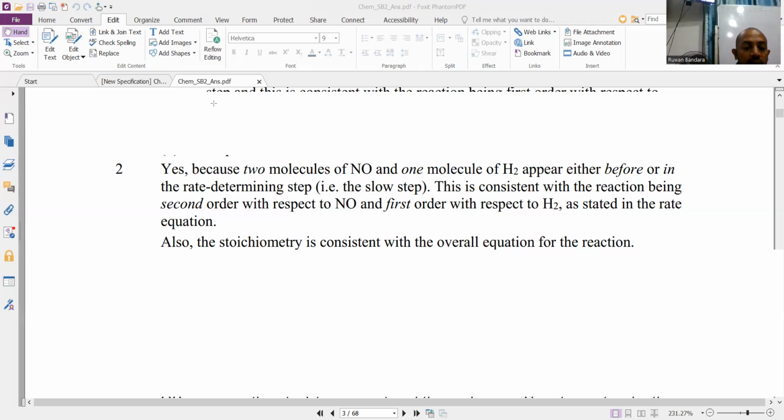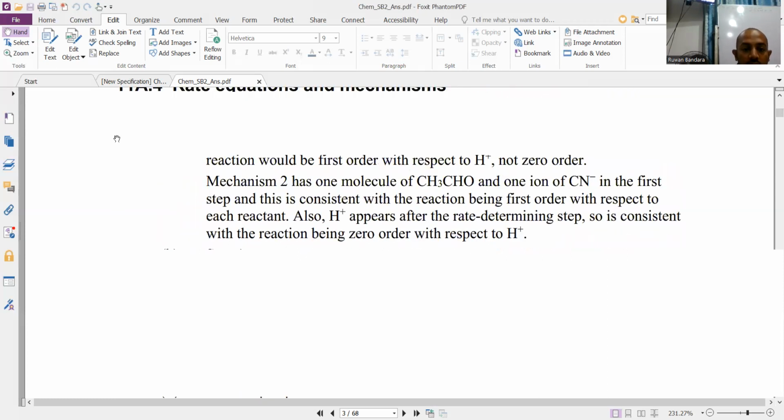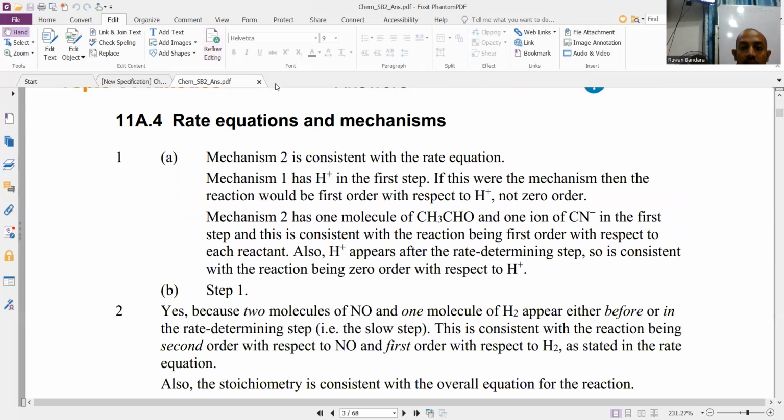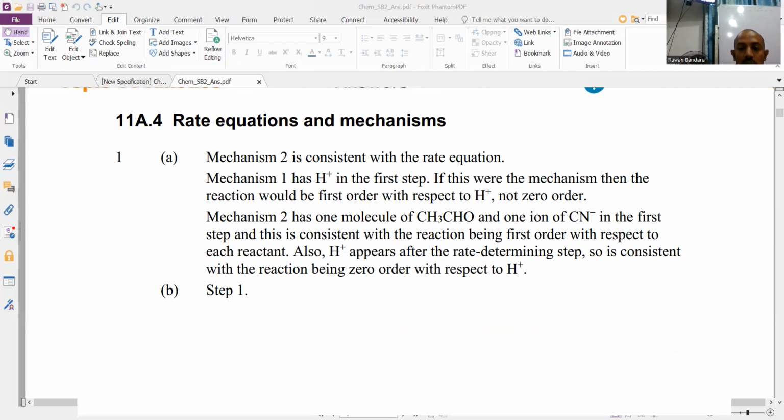Right. The first one then. Answer for the first one. Here. Mechanism 2 is consistent with the rate equation. It has